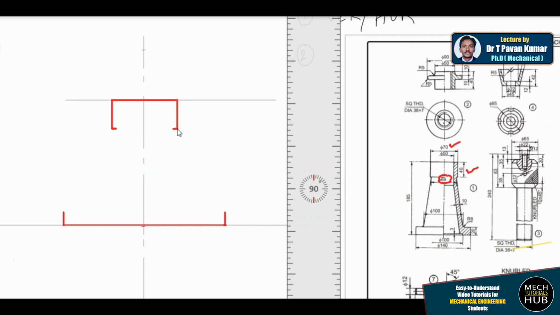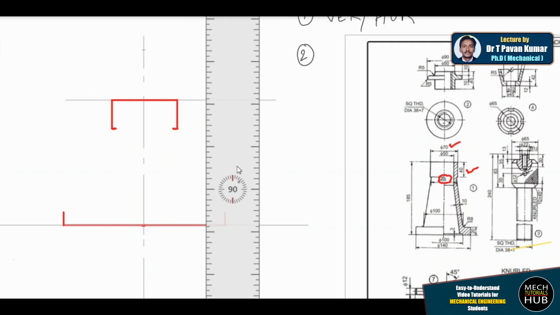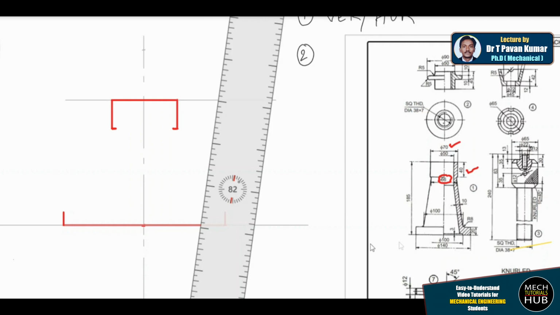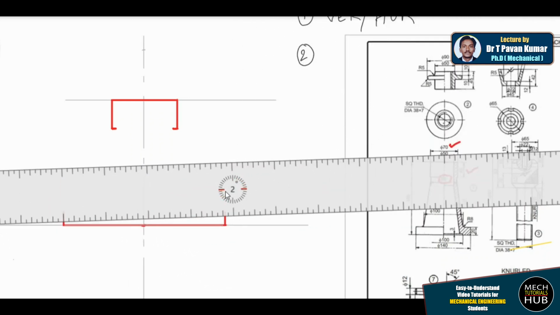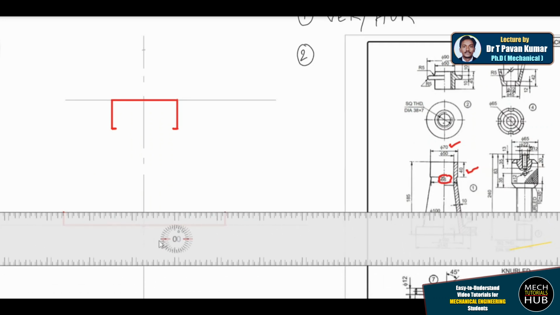I'm doing it manually, but you people are supposed to do it with the help of a drafter. Let me rotate the scale and draw these inclinations. Before that I just need to mark 100 mm also. Let me make it horizontal and make the mark of 100. On the 20 mm thickness I'll maintain it.